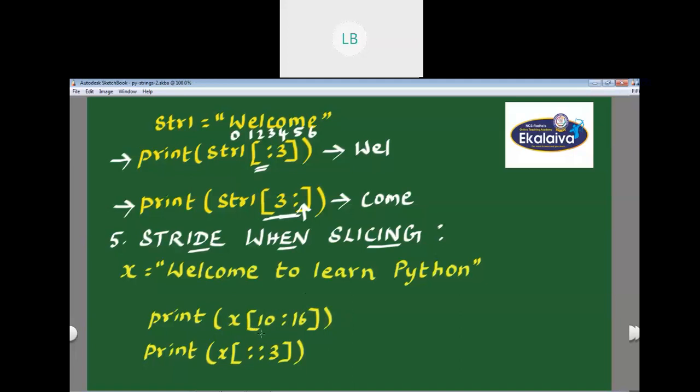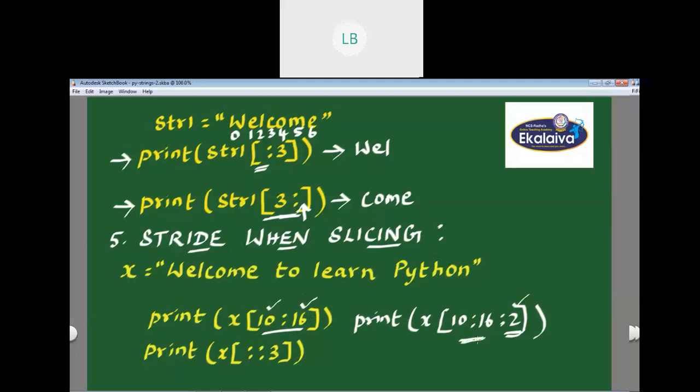You can see in this example, the beginning index value is given, end value is given. You can write like this, where the third argument is the stride value. By default, the stride value is 1 if it is not mentioned.